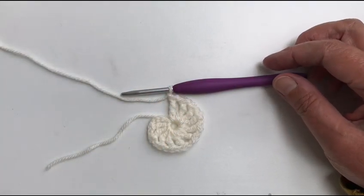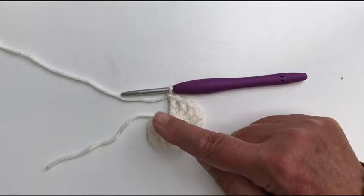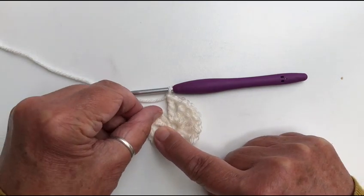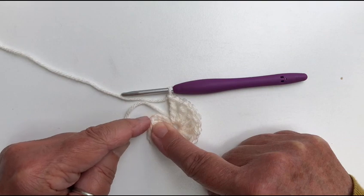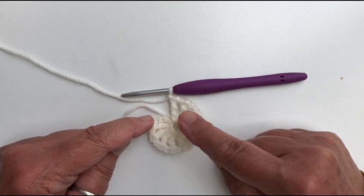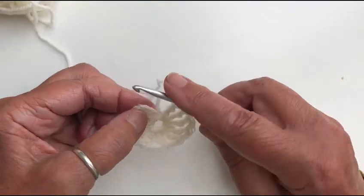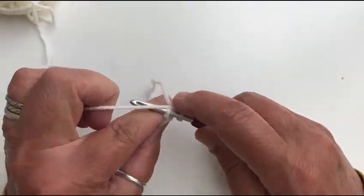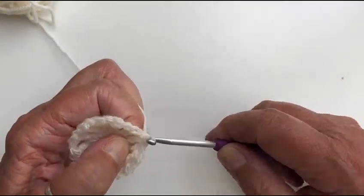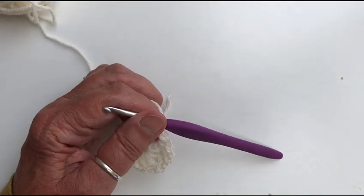This is round 1. Now I've got my 12 spokes made. I've done my final chain 1, and I've checked that I've got the 12 spokes, and number 1 of course is that first chain stitch, chain 3 for the very first double treble stitch, and it's just time to finish this off. So just find the top of your first chain 3 and put your yarn through and make a slip stitch. And now this can be cut off. You're finished with the cream for the time being. So